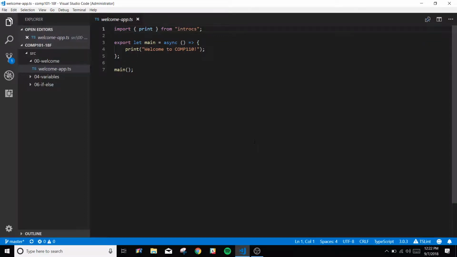Everyone, today we're going to talk a little bit about how to use Visual Studio Code. So this is what Visual Studio Code looks like. You'll have your main tab here where all your code appears, and we have what's called our File Explorer here